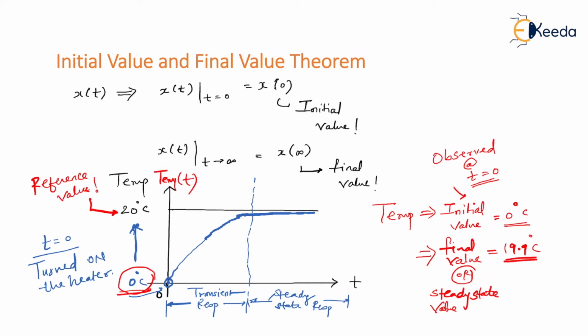As you can see, the reference value and the final value may not be the same, and there is some difference between the reference value and the actual value, and that difference is known as error, or to be very precise, called a steady state error. The reason it is called a steady state error is because this is a difference found at steady state response. Am I right? So this is the difference, and that difference is called a steady state error.